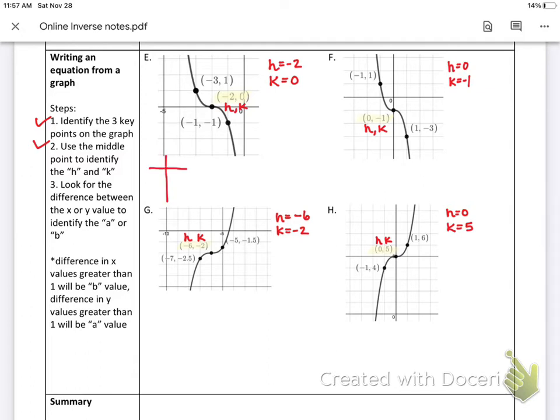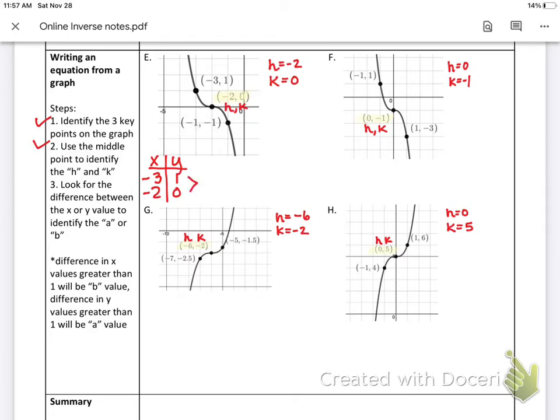So I'm going to just put a little table here for X and Y. I'm going to put down the top 2 points. We have -3, 1 and -2, 0. So here's our top 2 points of our equation. And what we're going to do is see the difference between the y values and the difference